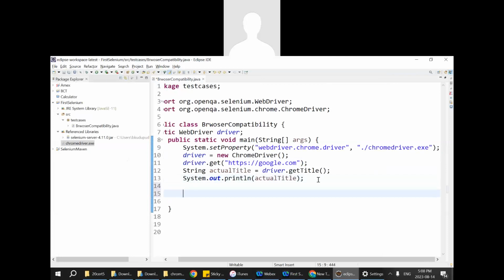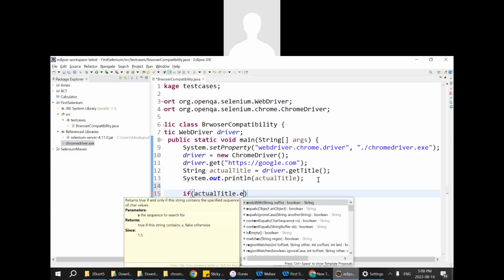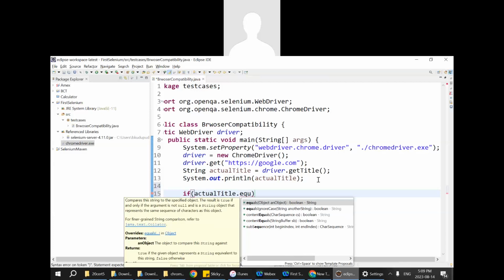Also, you can validate as a part of manual testing whether your expected title is matching the actual title or not. So what you will do, you will write some if else statement. What I will write is, if actual title dot equalsIgnoreCase,